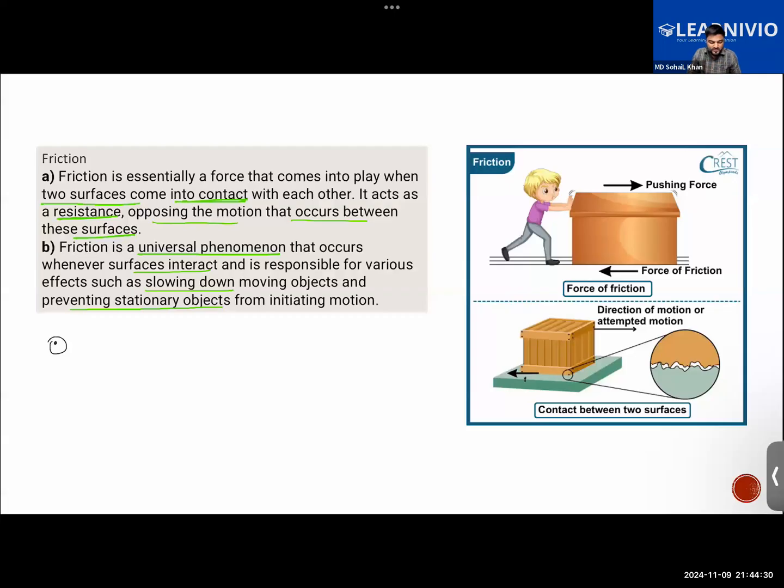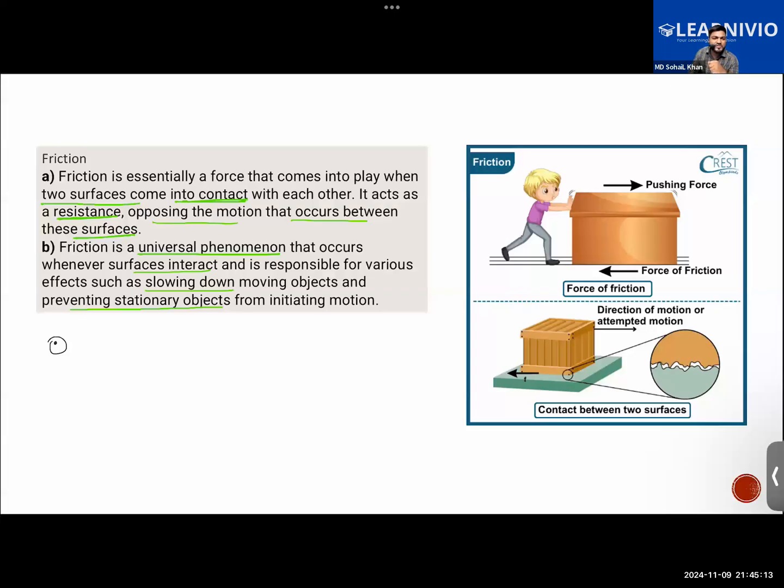So about friction, in the beginning we learned that friction is a necessary evil. It is a force that will come into action whenever two objects come into contact with each other, and because of the frictional force, we are able to do different types of activities. Plus, we learned that the force of friction opposes the movement between surfaces of two objects. How much it will oppose depends upon the nature of the object, the amount of force, the shape of the object also, surface area in contact, lubrication, temperature, etc.